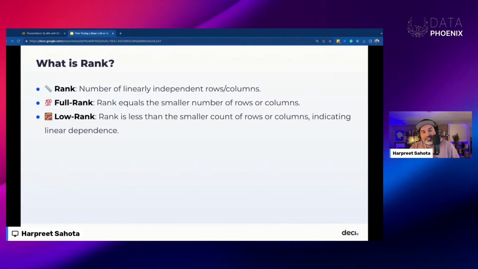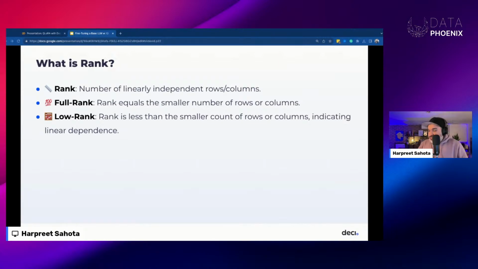So essentially, the rank of a matrix is going to tell us the dimensions of the space spanned by its columns or its rows. And this is determined by the number of linearly independent columns or rows in a matrix. So if you recall from linear algebra, linearly independent means that no column or no row in a matrix can be created by taking a linear combination of another column or another row. And by linear combination, I mean multiply by some number and add it, or something to that effect.